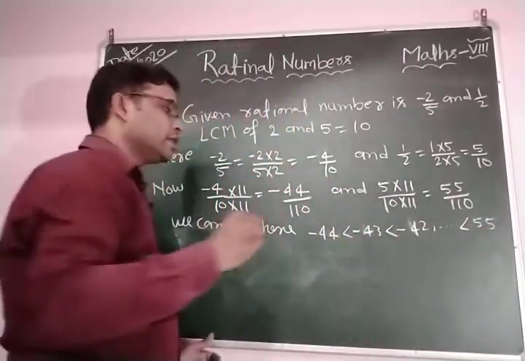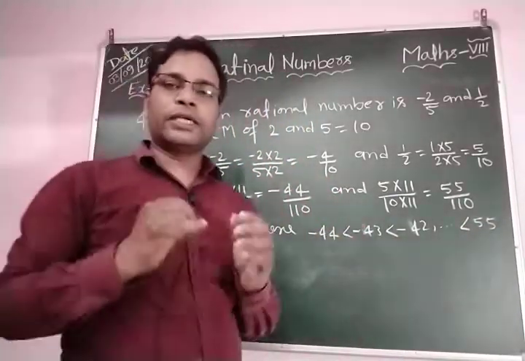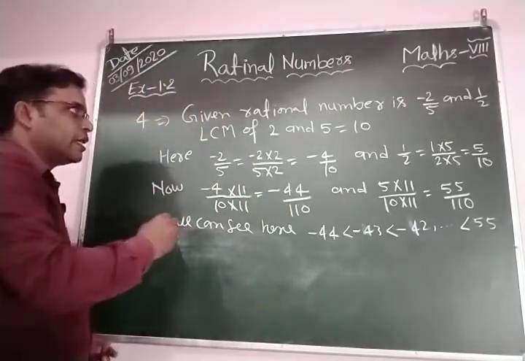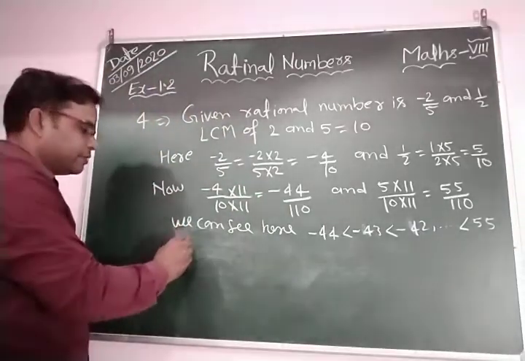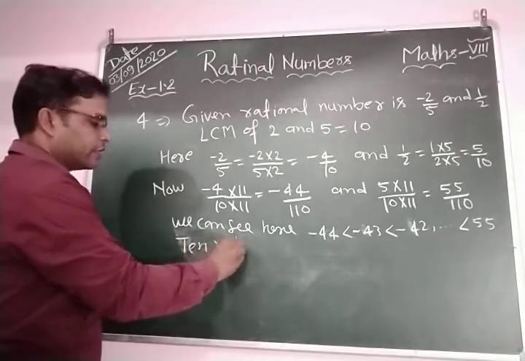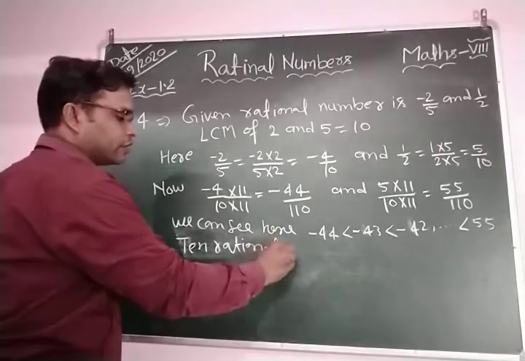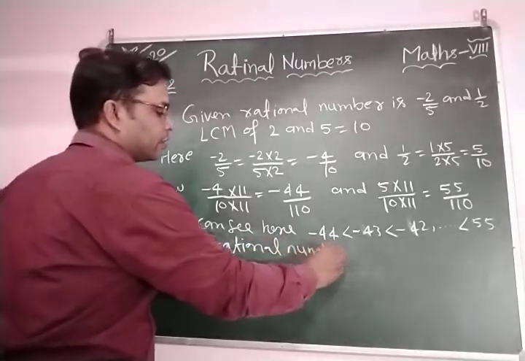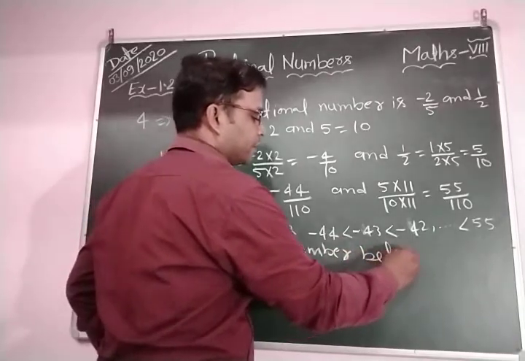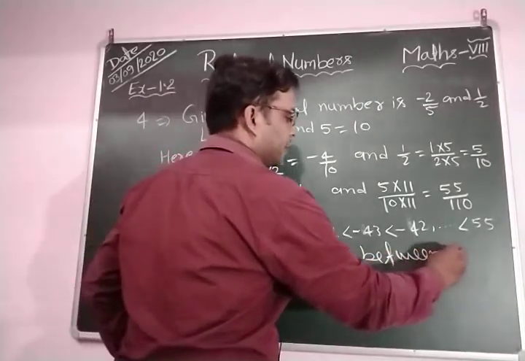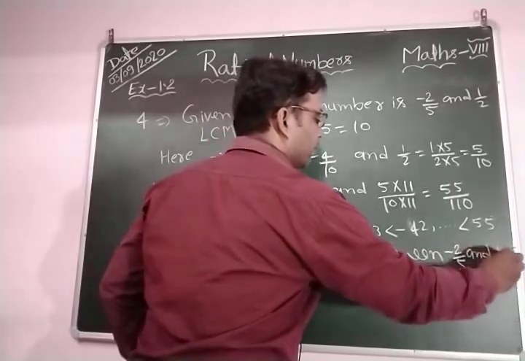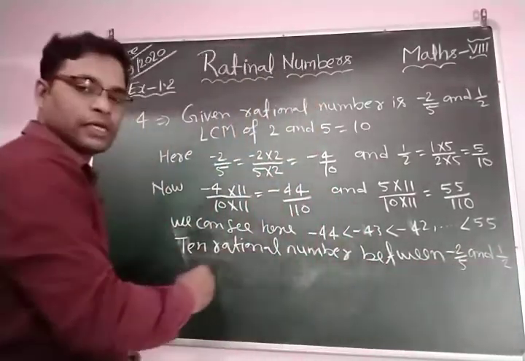Okay, so we need to insert only 10 rational numbers between them. Then we can write 10 rational numbers between minus 2 by 5 and 1 by 2 are,